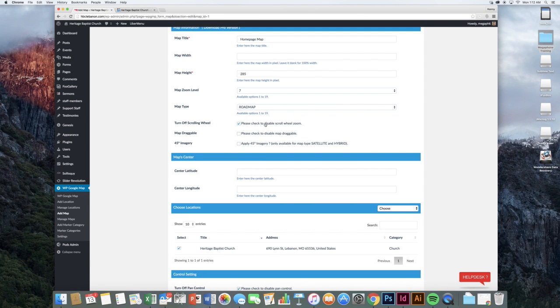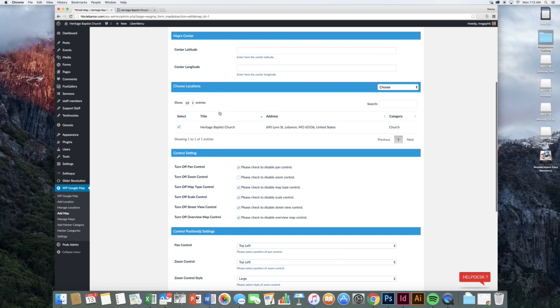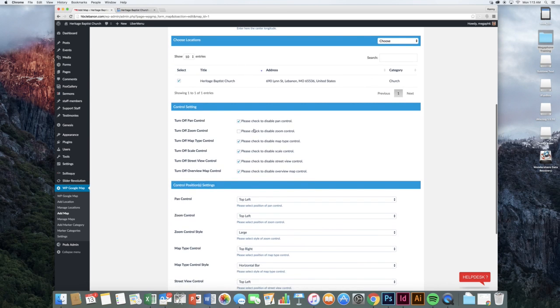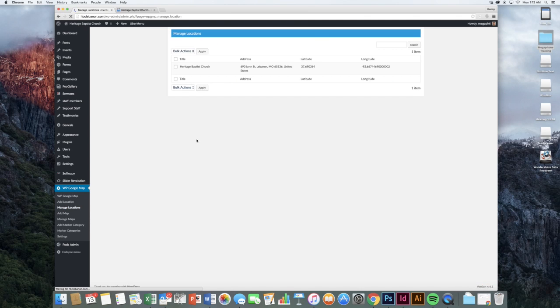It's set to being a roadmap. A lot of other things are checked. You can just experiment with those and make those as you want them to be. We've chosen this location to be on there, but if there are multiple locations available to choose, then you can make multiple locations be on that map. Again, more options you can adjust. You click Save Map, and then if you want to make it actually be on the website,